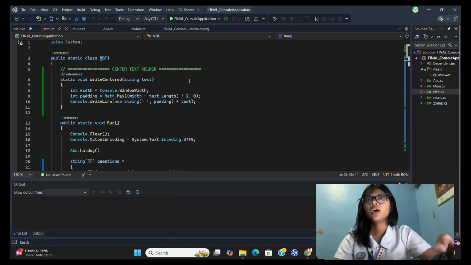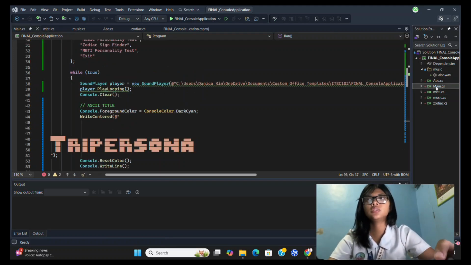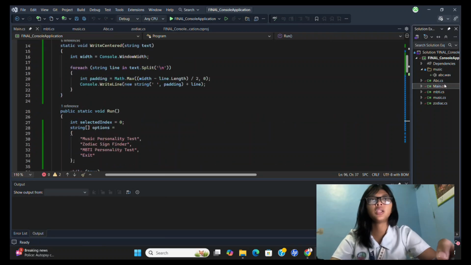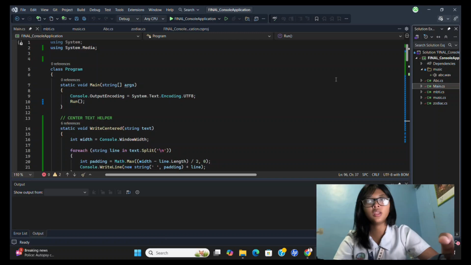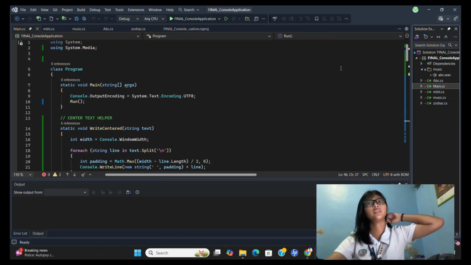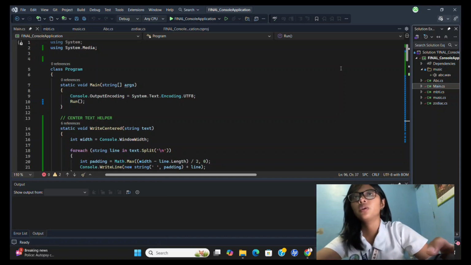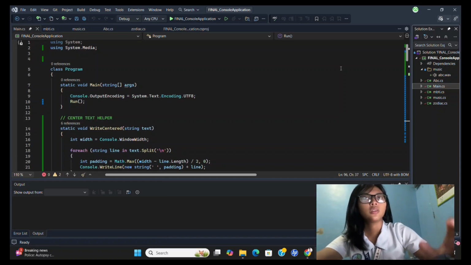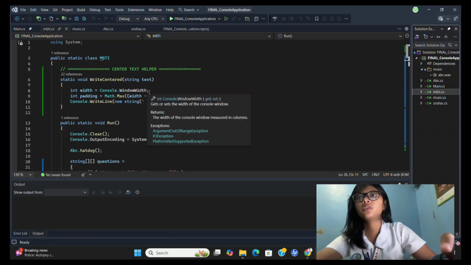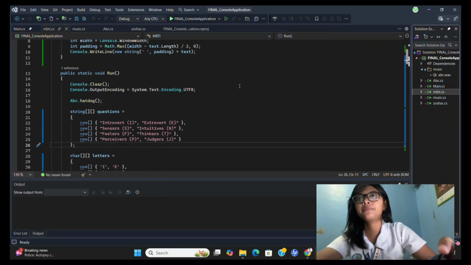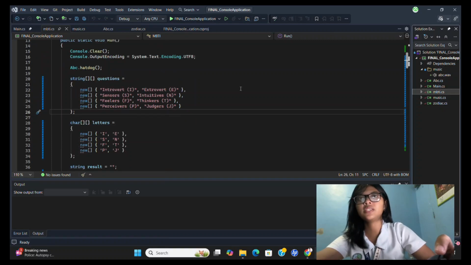In my part, I actually edited almost everything, including the other classes, but they have done their part. I've just polished it for a cleaner and better look. But for my main part, here we have MBTI.cs. I picked switch case statements.